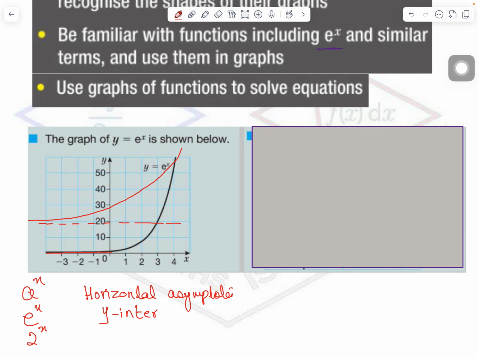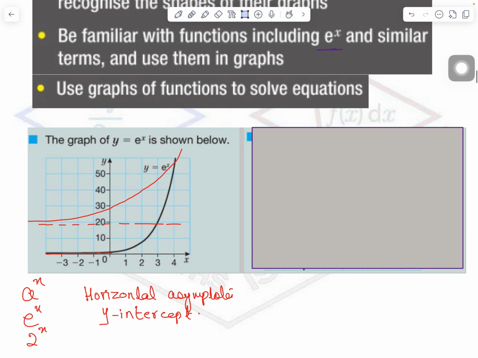And then at the same time you will have y-intercept. So please remember, when you have exponential function, you have to focus on 2 things. Number 1 is y-intercept and number 2 is horizontal asymptote. It is must to show. Now let's see the sketch of